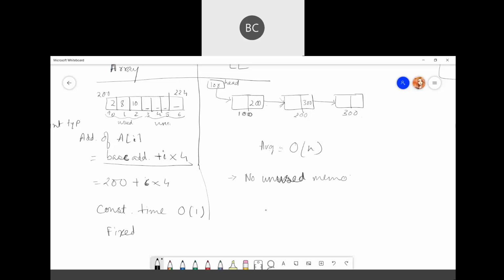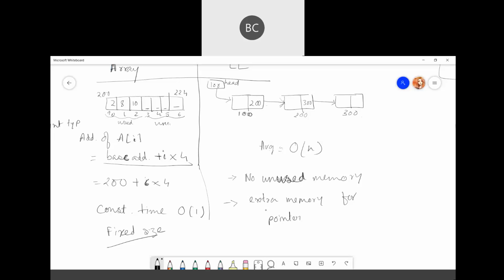No unused memory. Just that we will need extra memory for your pointer to your next node. In case of an array, we need to fix the size first. There will be some unused memory also, but we cannot add anything because it's showing overflow condition.